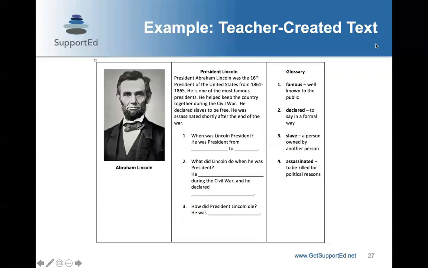This is just an example of a teacher-created text for building background knowledge. You can see here, the teacher felt that some of her students might need more information on President Lincoln before approaching a text, which her non-ELLs would have. So she created a short description, a short text about it with some questions and a glossary and a picture. So these are things that can be created. The idea is that you could have some of your students building this background knowledge that they need in order to approach a text, and then other students, those that already have that background knowledge, you're providing different types of activity.